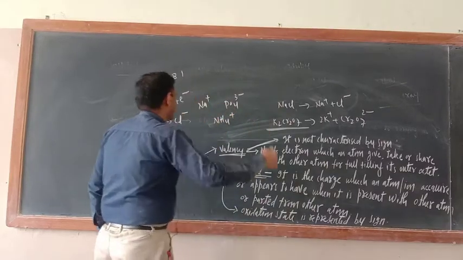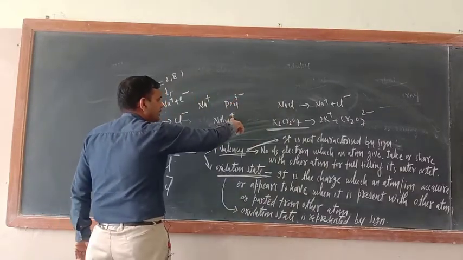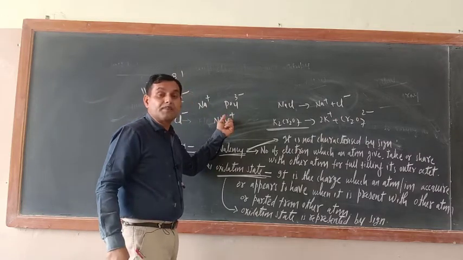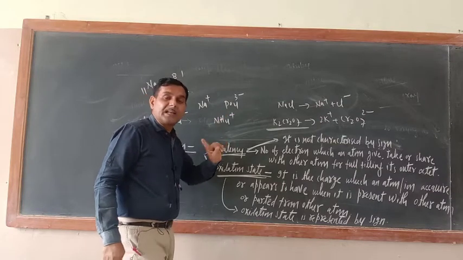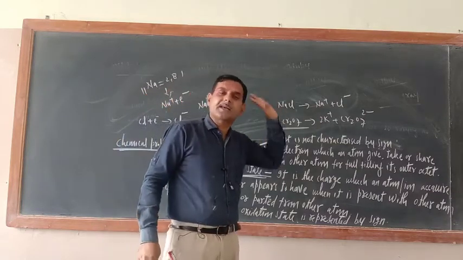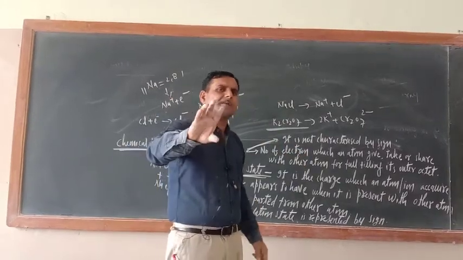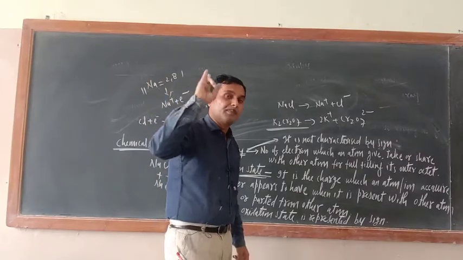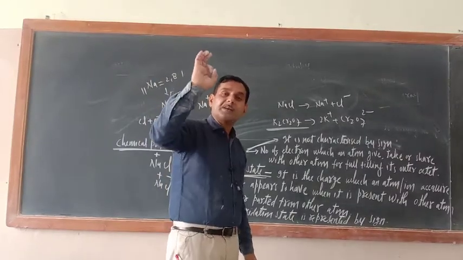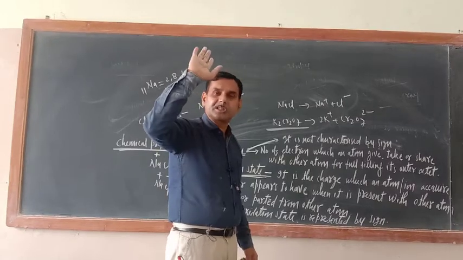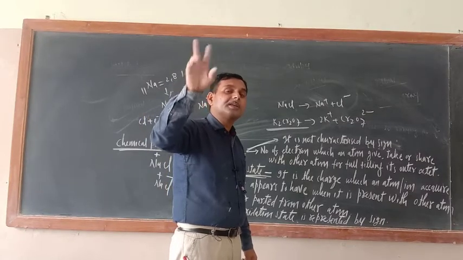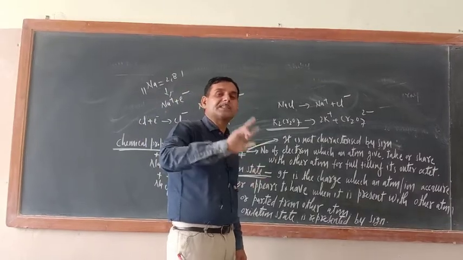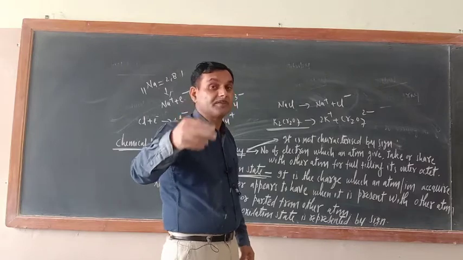Now, another point: oxidation state is represented by sign. Just see, you are writing 3 negative, single positive. They are characterized by sign, plus, minus. But valency will never be characterized by sign. In modern chemistry, there is no difference between valency and oxidation state. Both are the same thing, but a clear-cut distinction is there. Whenever charge is written, that is the oxidation state. If charge is not there, that is valency. This is the only reason valency and oxidation state are used interchangeably.